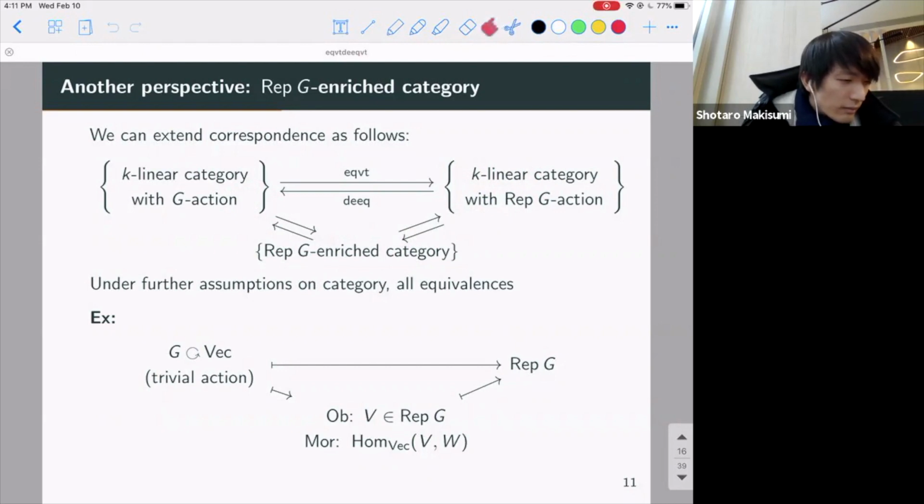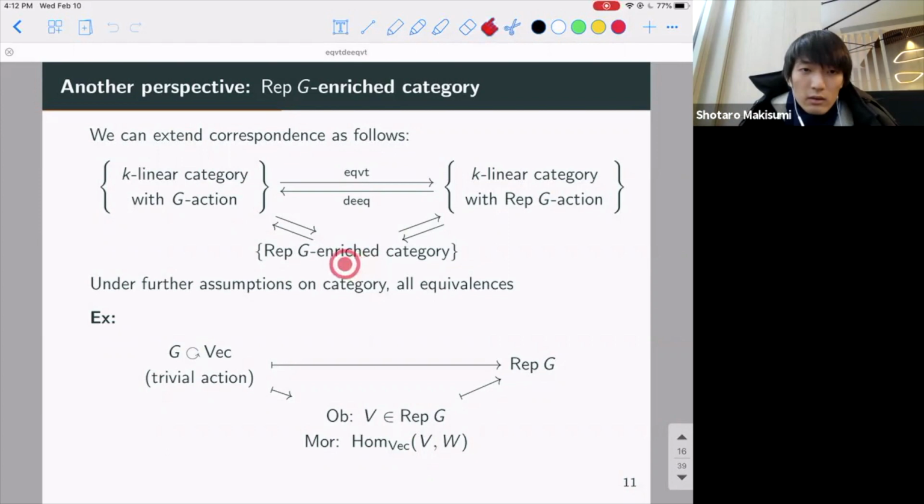Really, what you have is the upper left corner. Maybe I'll put it that way. Capital G is replaced by a Lie algebra now? Yes. But what do you mean by upper left corner then? So I mean that you have a category where all Hom spaces have an action of a given Lie algebra, and composition satisfies your Leibniz rule. It sounds like this, no?